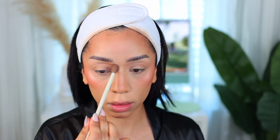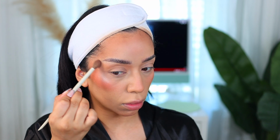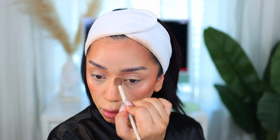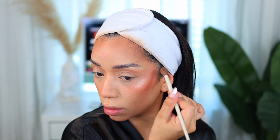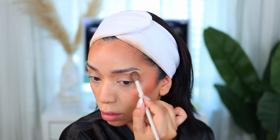Now for the eyes, I wanted to keep it very simple. I am at an age where I don't feel as confident going out with super dramatic makeup. I feel the prettiest when I'm wearing lighter eye makeup. Don't get me wrong, I love me a full coverage. I'm a full coverage queen, okay? But when it comes to my eyes, I like to do almost the bare minimum,